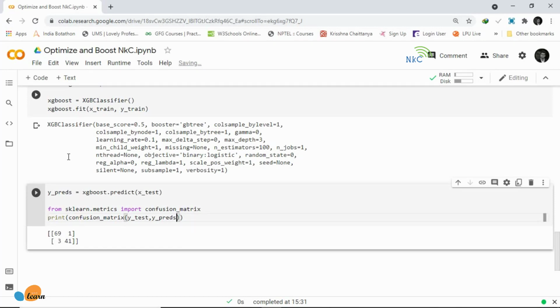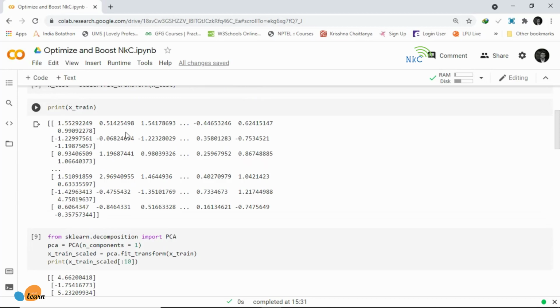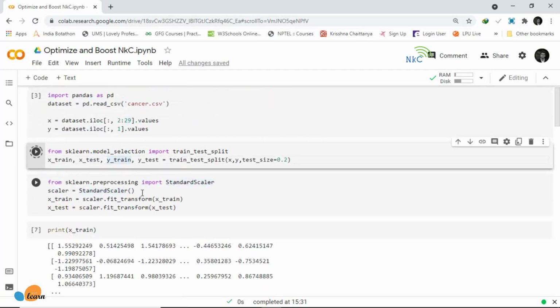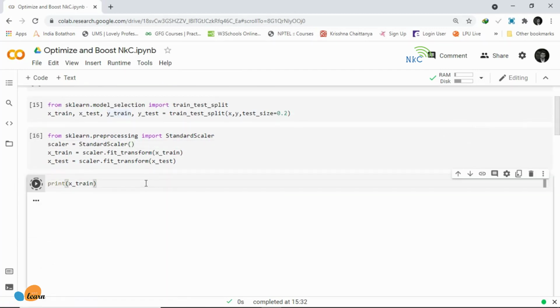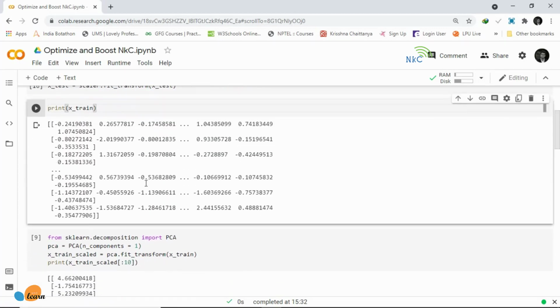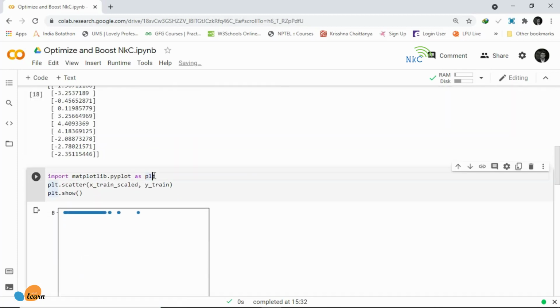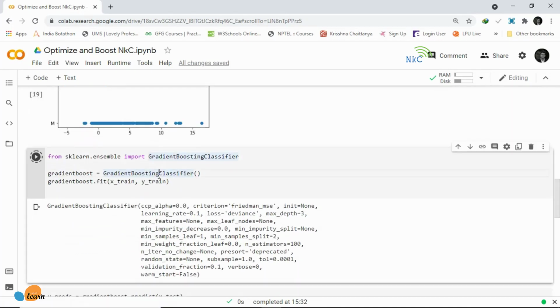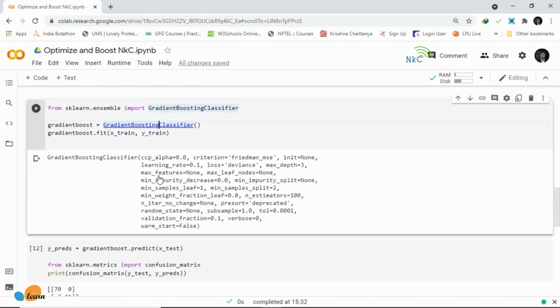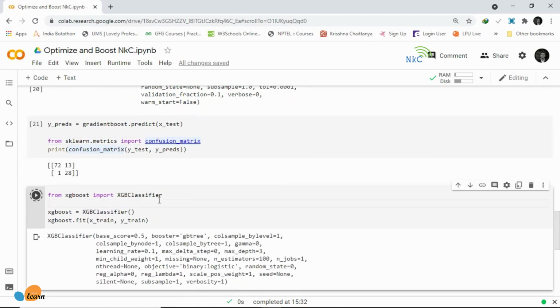And now it's time for an extra credit assignment. In this extra credit assignment, I want to show you what a difference it makes if we don't do standard scaling. So what I'm going to do is run over the dataset again, and we are not going to run the cell with standard scaling.